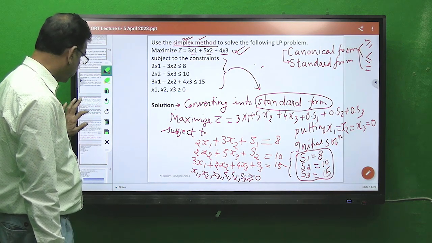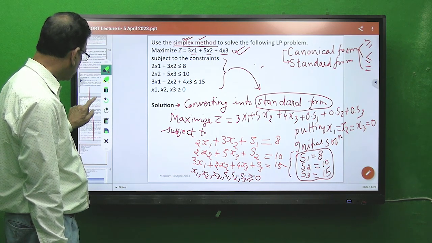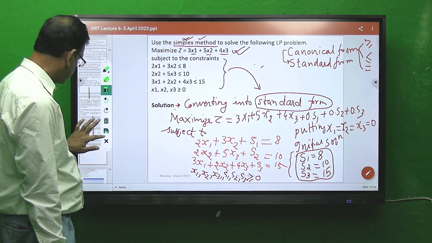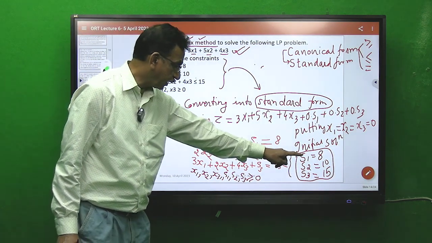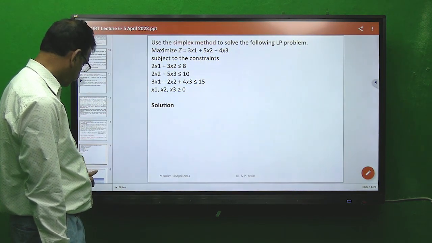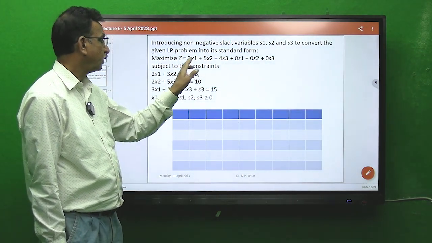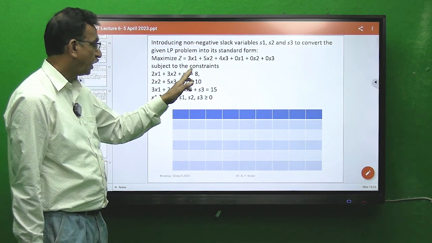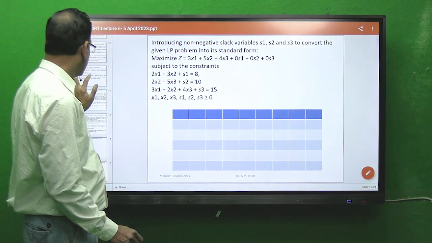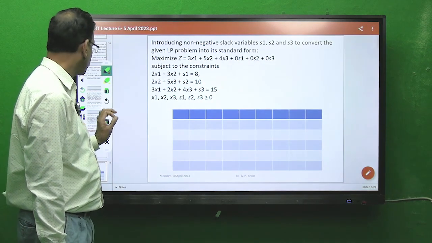So in next slide, if you recall, remember these values 8, 10, 15. So now I have shown you in previous slide how you have arrived at this point. So from previous discussion, what you can find is